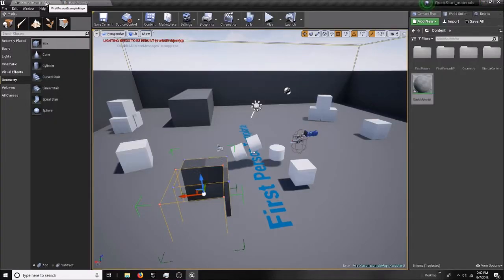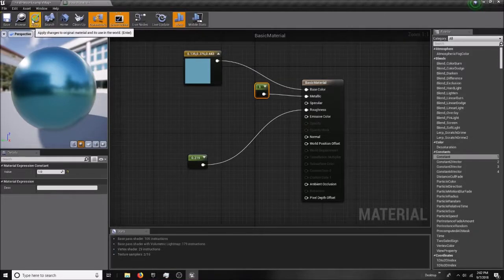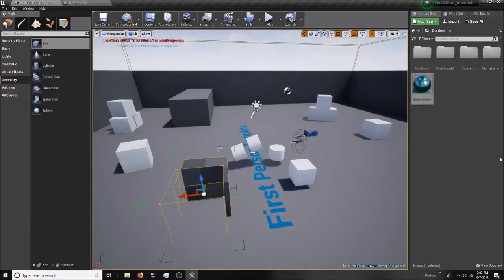Now, if I want to put this somewhere, first of all, I have to go up here. I have to apply it, in case it's actually being attached to any mesh, and save it. And there I have my material. So I can go ahead and I can